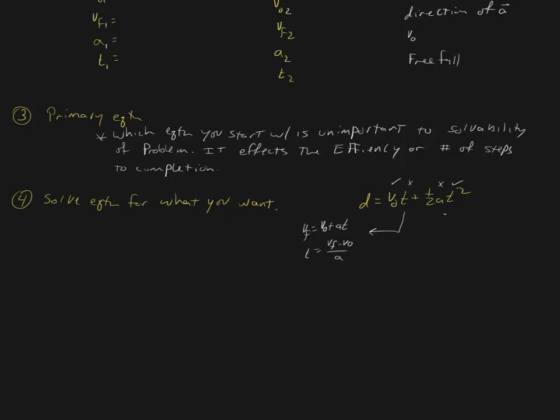And the acceleration, maybe that's going to come from v final squared equals v initial squared plus 2ad. And so we get v final squared minus v initial squared over 2d is equal to a. And so now we can substitute those values back in. We get d is equal to v initial times v final minus v initial over a plus 1/2 times v final squared minus v initial squared over 2d